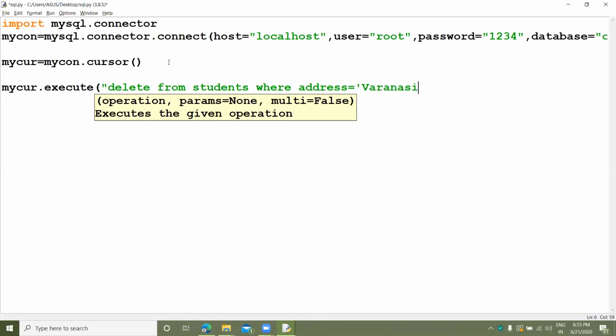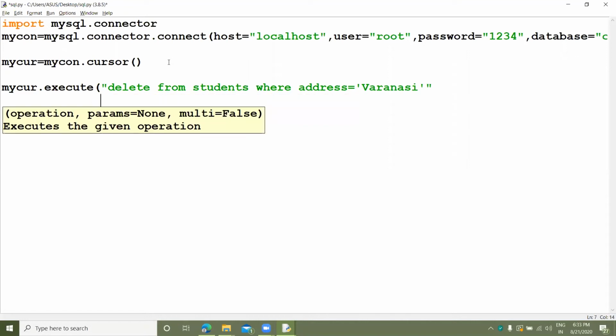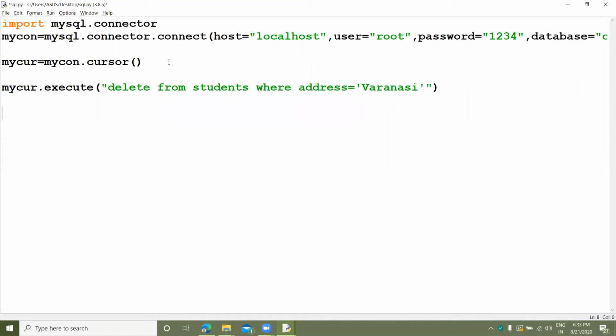Okay guys, now we also have to write the commit to save this action. So my connection dot commit.